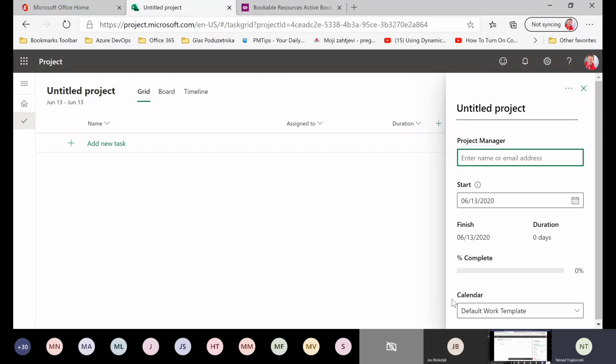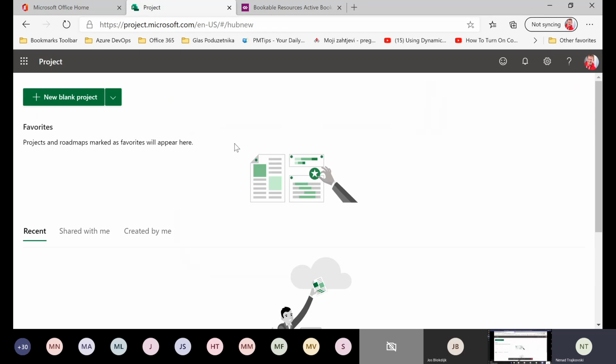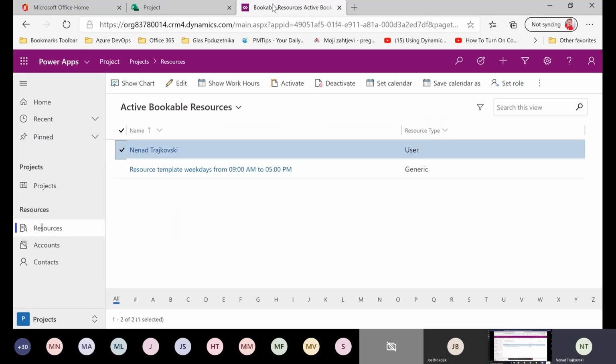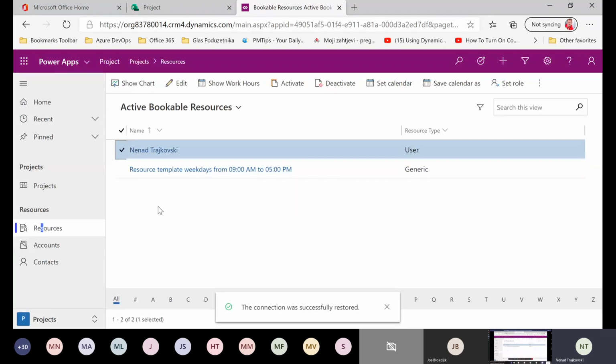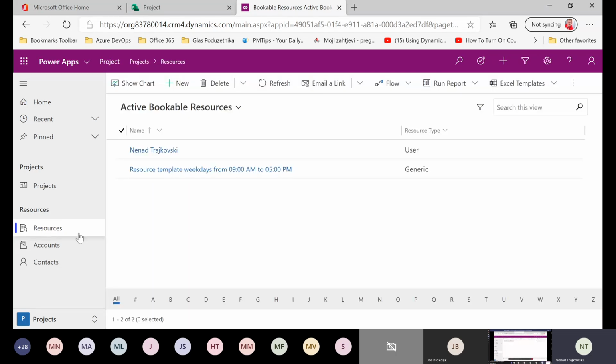right hand bottom corner. But before that, let me show you some examples. First of all, I'm going to delete this project, and I'm going to make a case scenario. Let's say that we have a working time from 8 a.m. till 4 p.m. To have that, first of all, what you should do is create one resource,